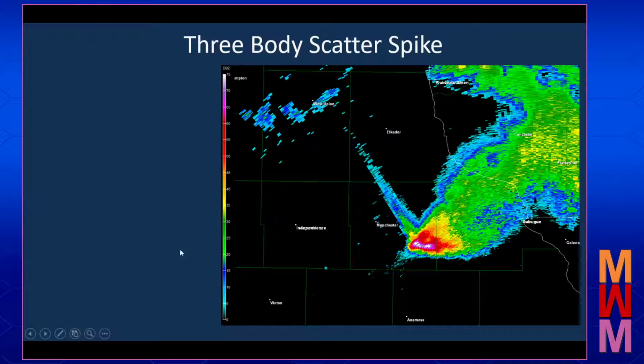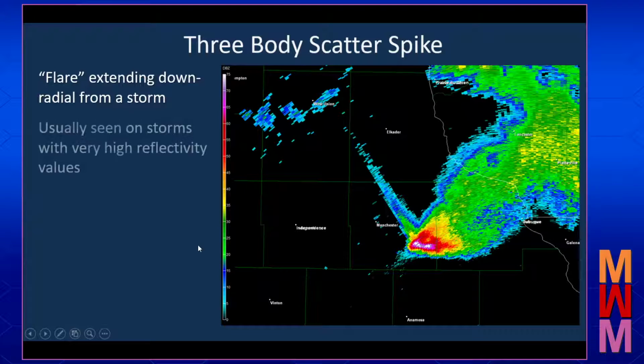This is an example of what's called a three-body scatter spike. A three-body scatter spike is a reflectivity flare that will show up and appear away, down radial, away from the radar, going out from a storm. This three-body scatter spike is usually seen with storms that have very high reflectivity values. This particular storm, greater than 70 dBz, the very light purples, and even approaching 75 dBz, the white areas that